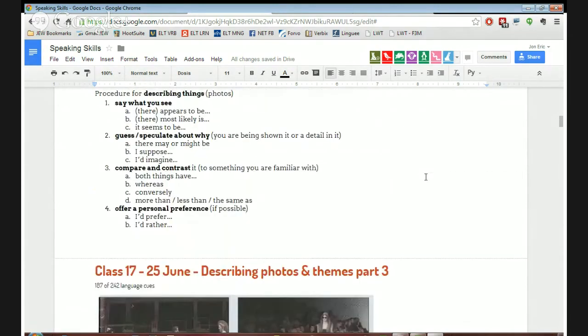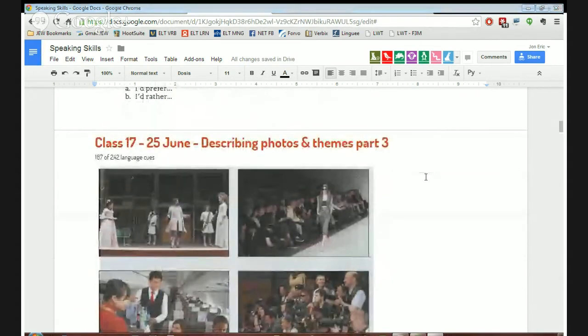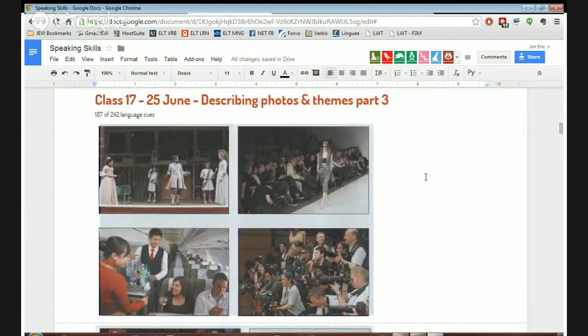So now you've said what you see. That's good enough. Now you're going to speculate about why you're being shown this in step number 2. So now you're connecting it to a theme. So you're speculating about why you're seeing this. You can imagine that you're in an exam, right? Or you're doing a psychometric test to get a job, something like that. But what's the theme? By the way, you can kind of cheat and look at the other pictures and see if you can find something in common too, if you like. Okay, but you're going to try to get to the theme. Why are you being shown this picture? What does it have to do with? What's the relevance?